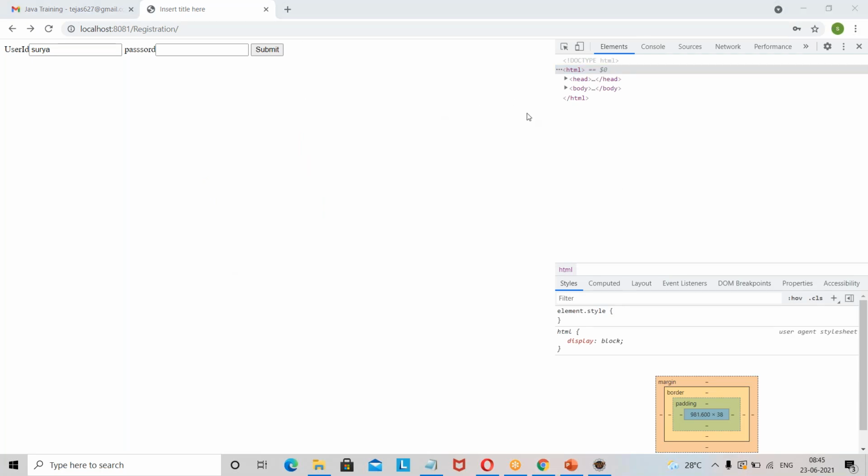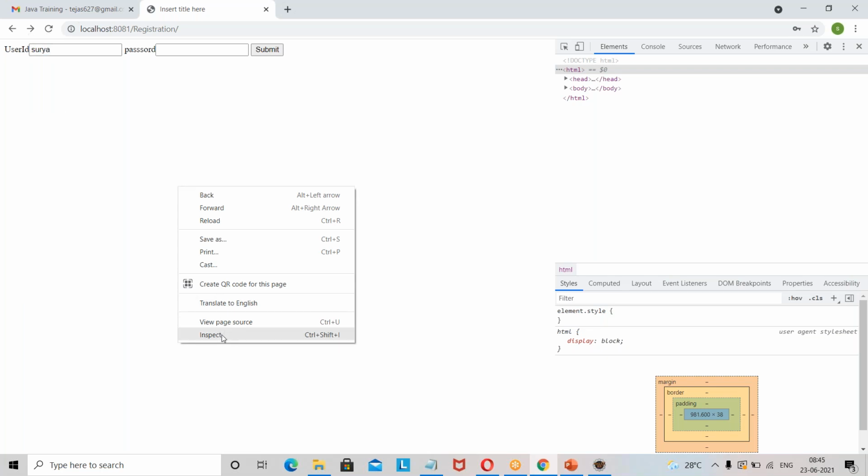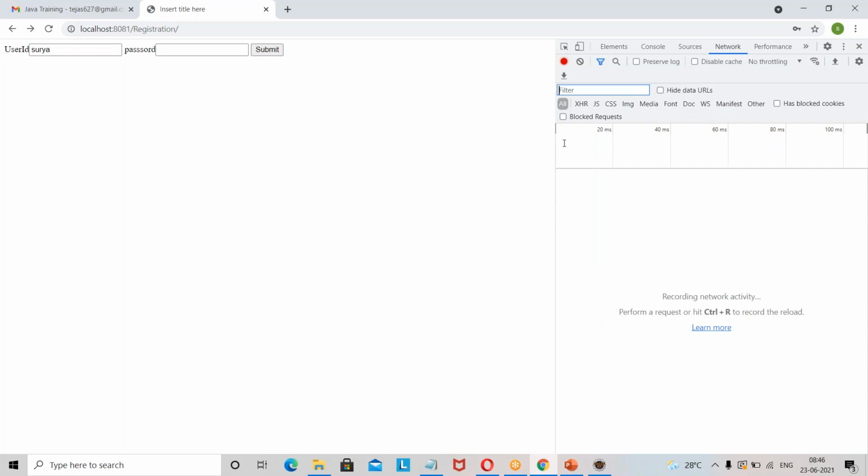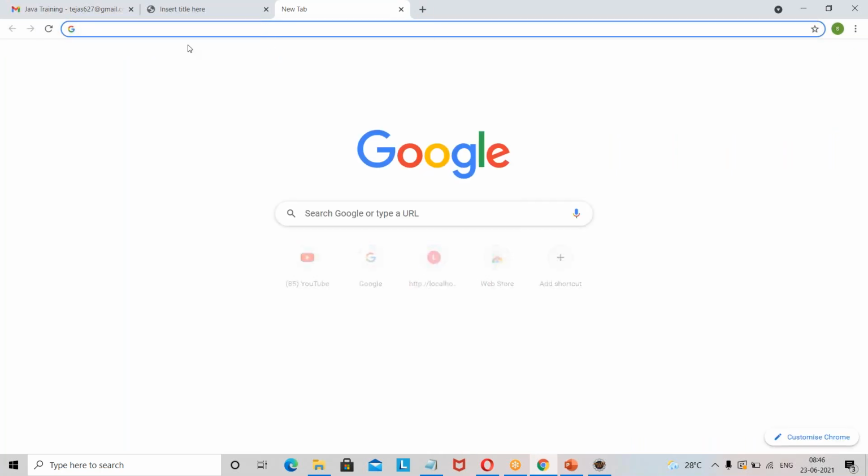You can press F12 on your keyboard. Can you click on that Network part? And can you hit any URL? You can open google.com or anything.